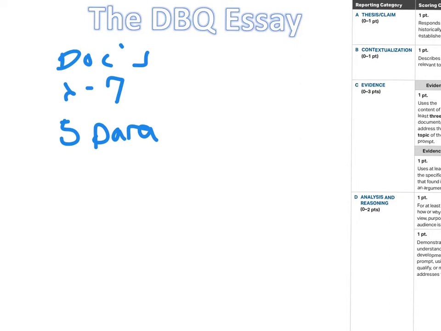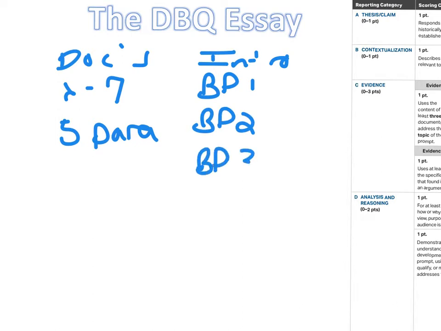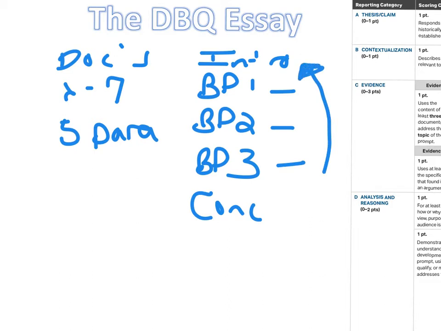You don't have to use the 5-paragraph structure, but I look at it as you will have an intro, body paragraph 1, body paragraph 2, body paragraph 3, and then a conclusion. Each one of these body paragraphs links up to something cited in the thesis, and all 3 of the body paragraphs answer the essay question using the 6 to 7 documents. You might have 2 documents in each,